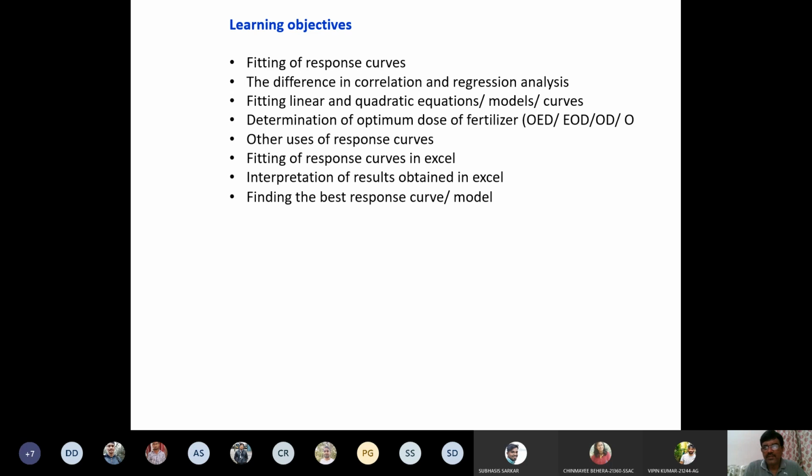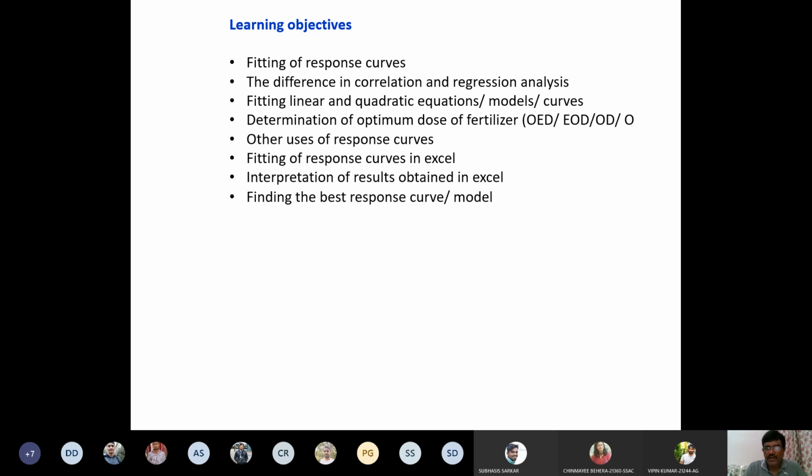So in this case, I want to tell you here, the meaning of equation, model or curves is the same. And generally these days people are calling it models. In the days of Mr. Lick, he simply called it an equation. But once you have an equation, that can be easily converted into a curve. Based upon values of x and y or variables, you can make a curve from this data. From any equation, you can plot a curve. So mostly now people call it modeling or models. And then if it is a quadratic model, then we can determine the optimum dose of fertilizer.